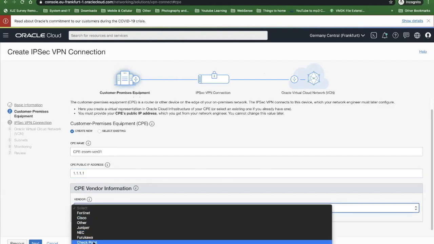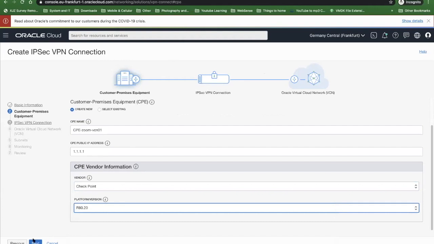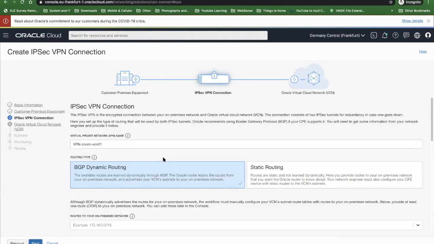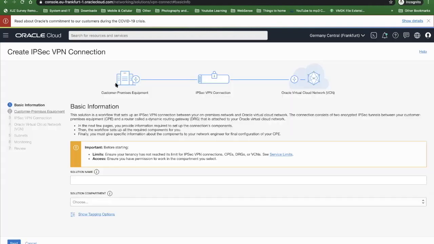Vendor can be Checkpoint or whatever it is, whatever. And then I'll press next. This is the IPsec connection. I can do it using BGP or static routing. I don't want to work on the VPN right now. Let's do something basic like